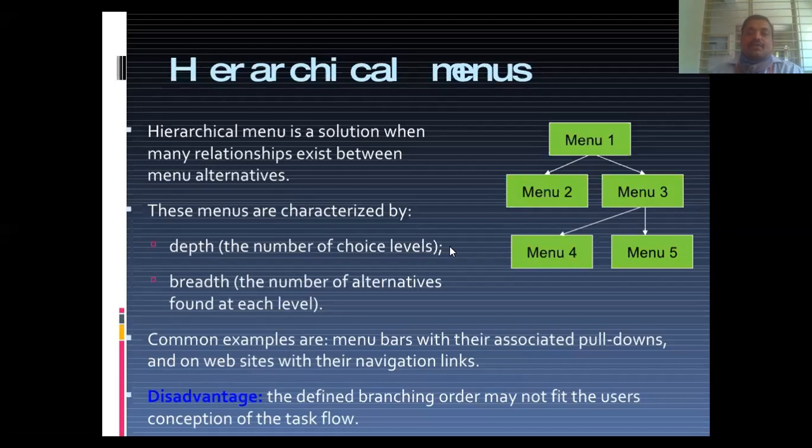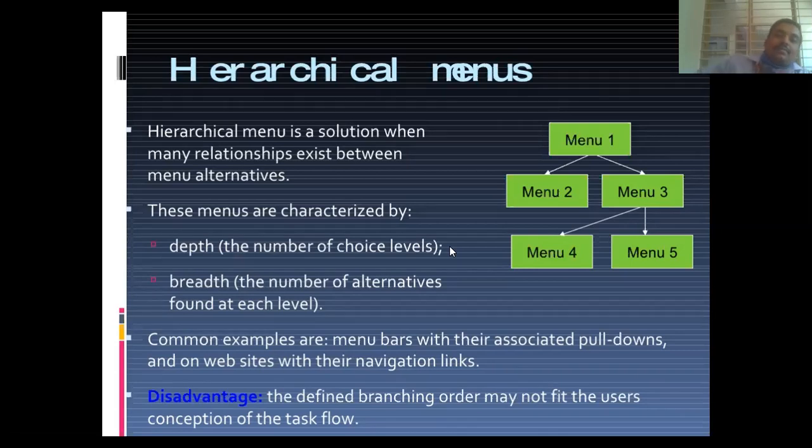In hierarchical menus, the best example is the websites, if you take any. For example, our university website: there you will get a home page and programs, and what are the academic related, exam related things. If you want to see any particular thing, that is being segregated properly. If you want to look at the exam notification, you can go to the exam section, the exam menu. Then under the exam menu, there will be so many other sub menus.